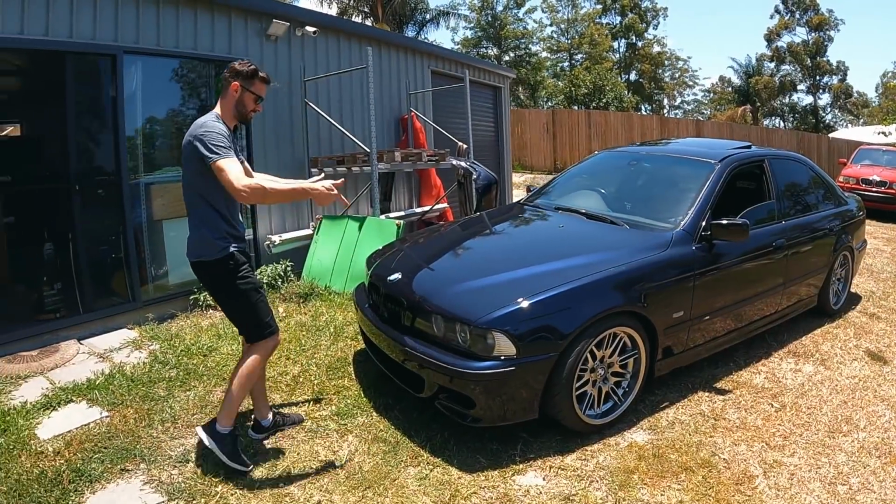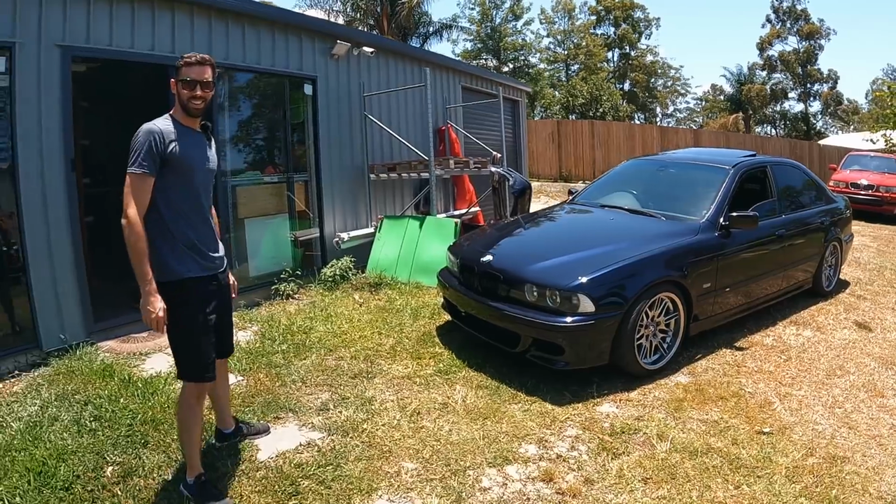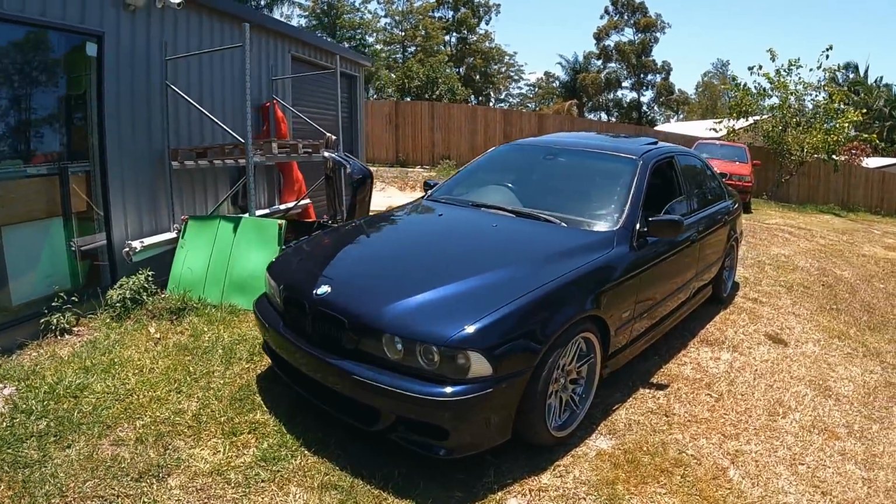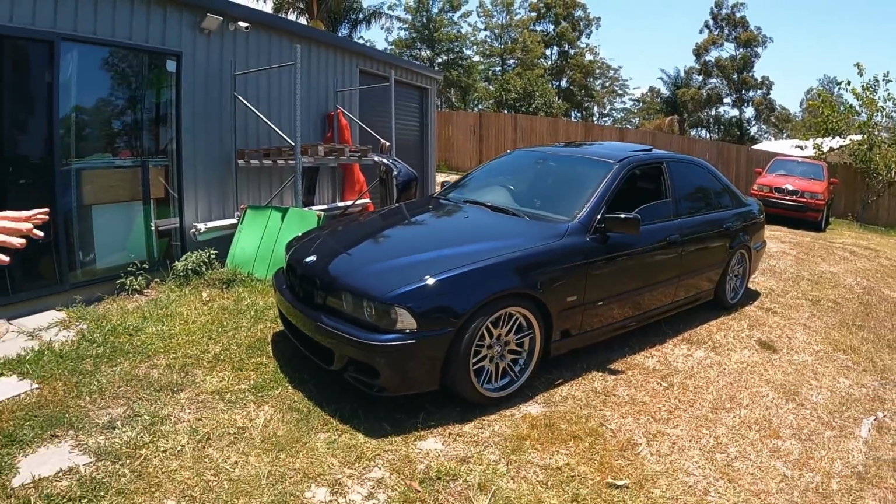We've got to do the badges. Yeah, do the badges. It still looks a little bit unfinished, doesn't it? All right, well, she's on, and now it finishes it off. That does finish it off a lot better. It's amazing how much just a no bonnet badge and boot badge can destroy the look of the